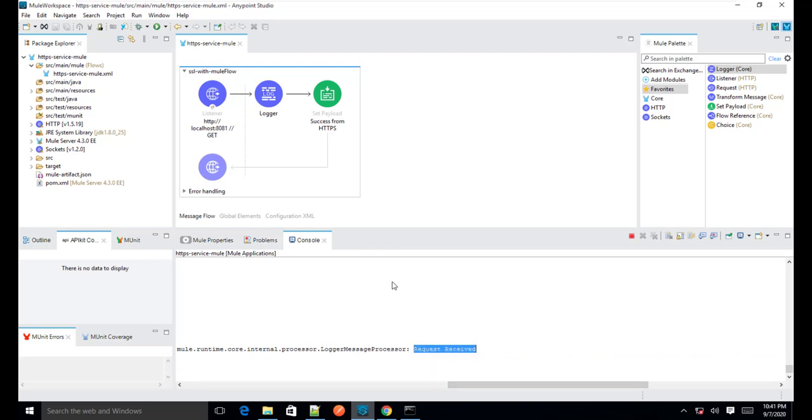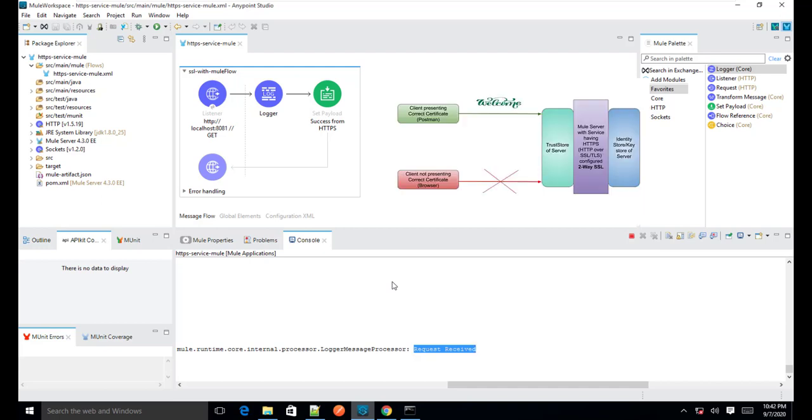Now we will see how to implement the two-way SSL. In case of two-way SSL, we have to configure the trust store also. In the trust store, we will explicitly mention where from we want our Mule flow to accept the requests.